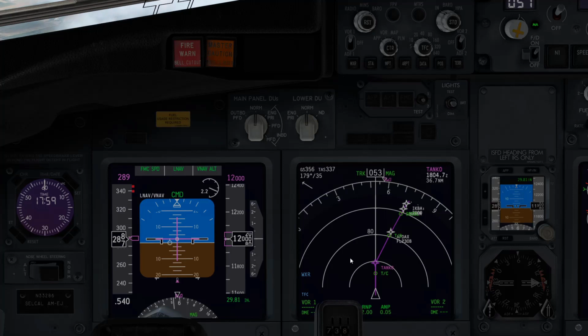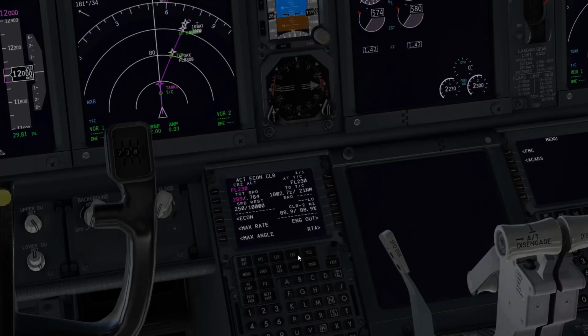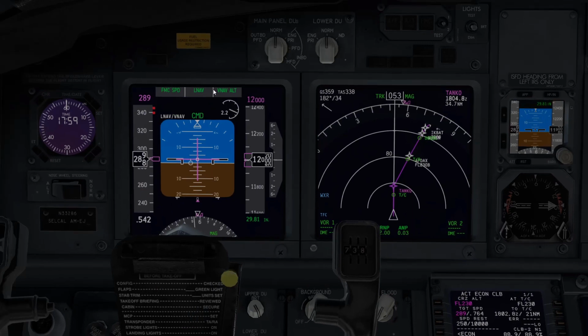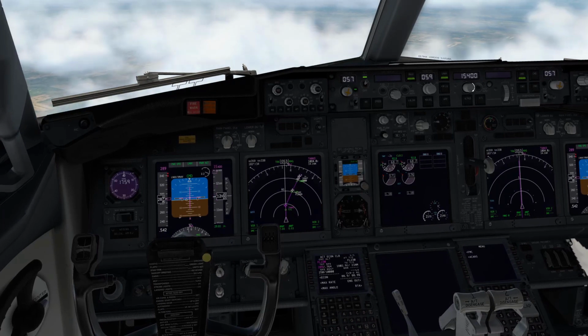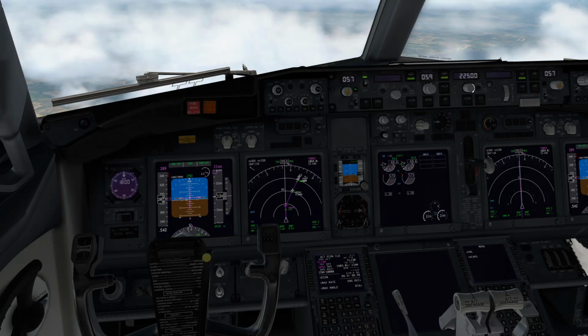We're in LNAV, so we're going to follow this track, the magenta track, and VNAV alt. Basically, we've leveled off at an altitude that's not our cruise altitude in the FMS. Cruise altitude is 230, so it puts us in VNAV alt. When we get a clearance to climb higher, let's say up to our cruise altitude, now 230,